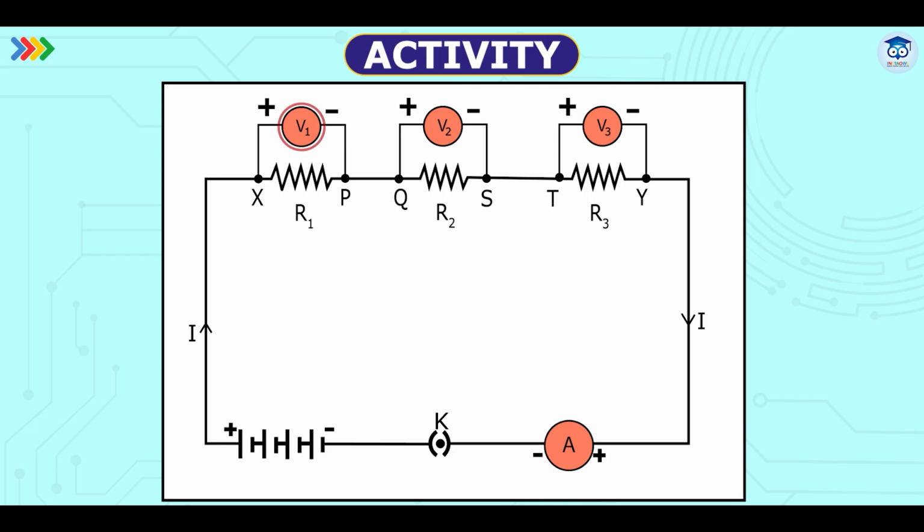We can start by measuring V1 across the first resistor R1, which lies between points X and P. Then, we measure V2 across the second resistor R2, placed between points Q and S. Finally, we measure V3 across the third resistor R3, positioned between points T and Y. Each voltmeter is again connected in parallel to the respective resistor during these measurements, as we can see in the